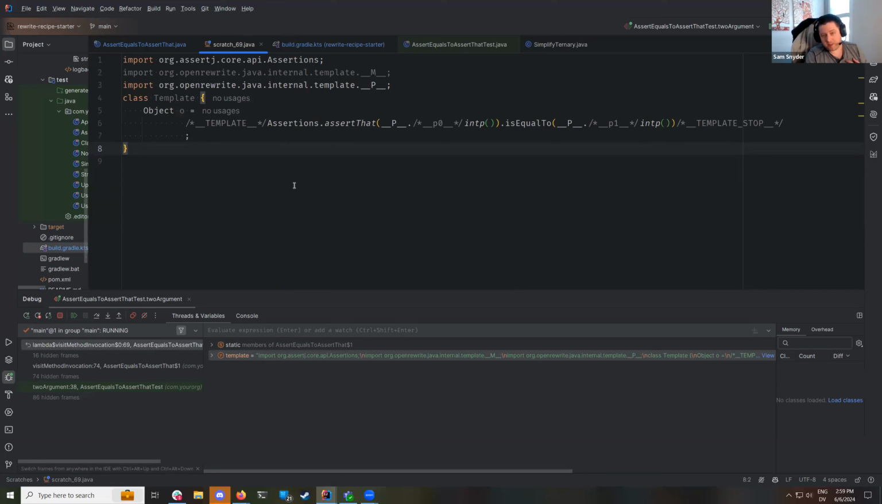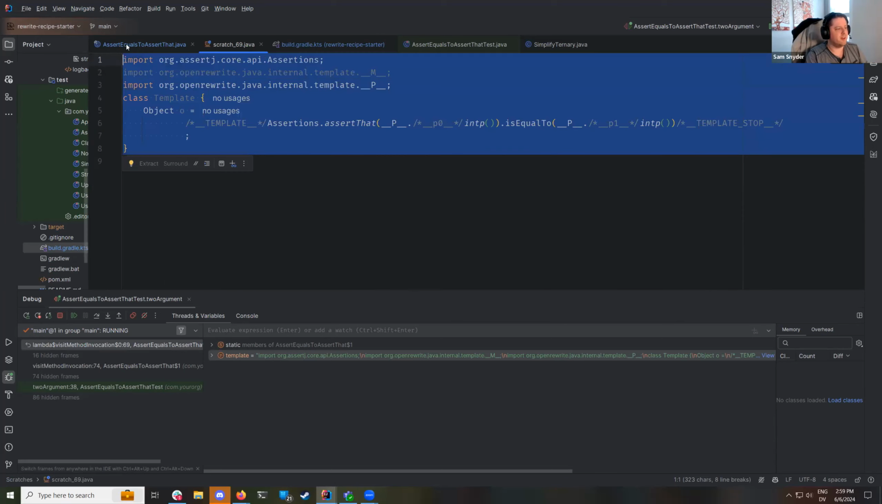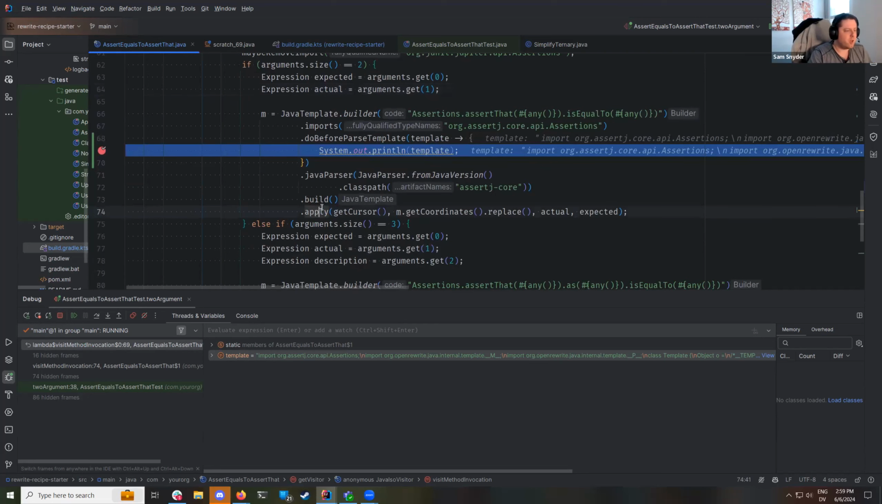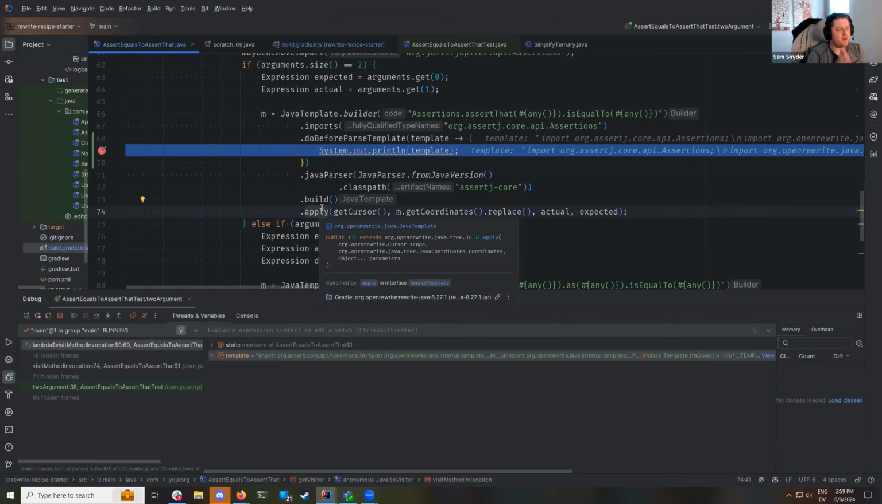So if you're reporting a bug with JavaTemplate to me, for example, include this, because that'll help me a lot in fixing whatever the bug is. Okay, so then the template is applied and the LST element is produced,